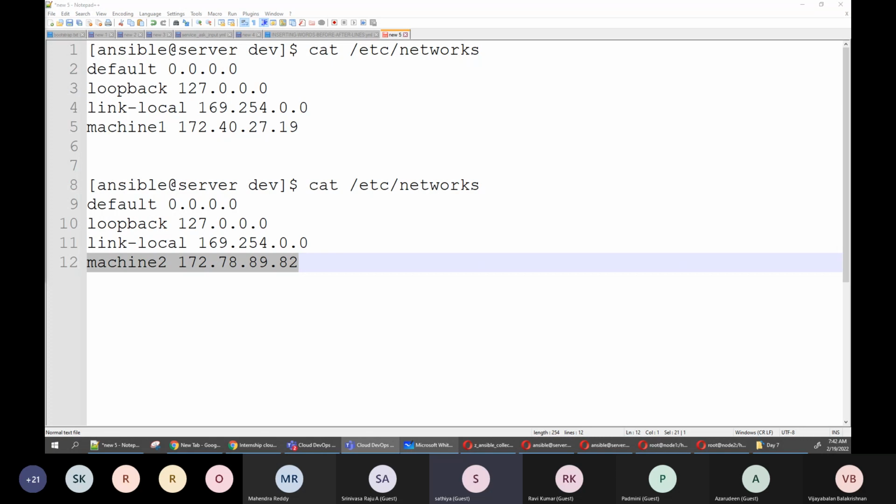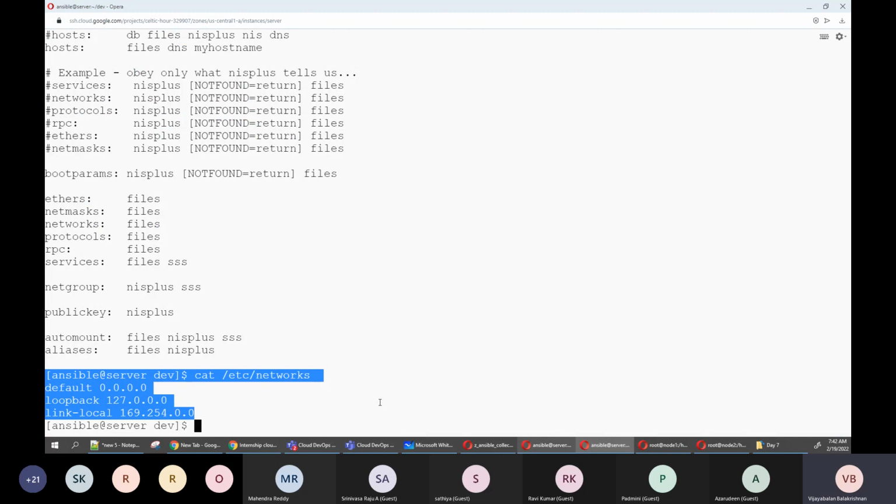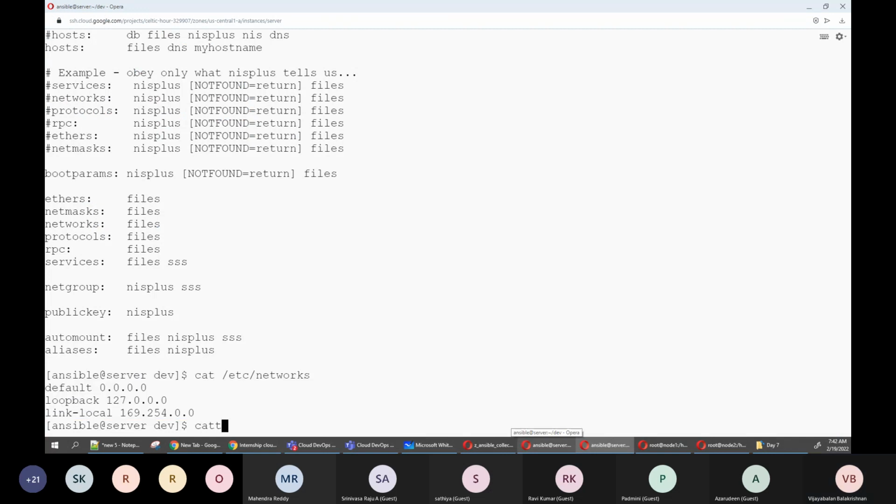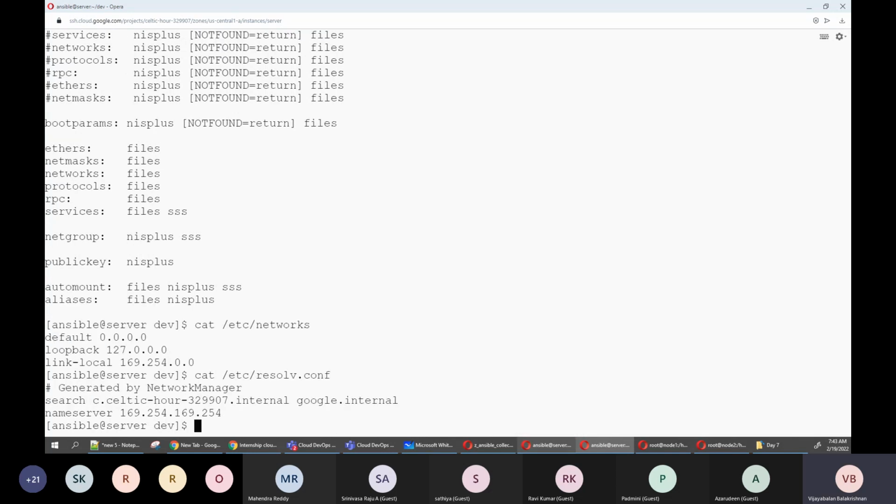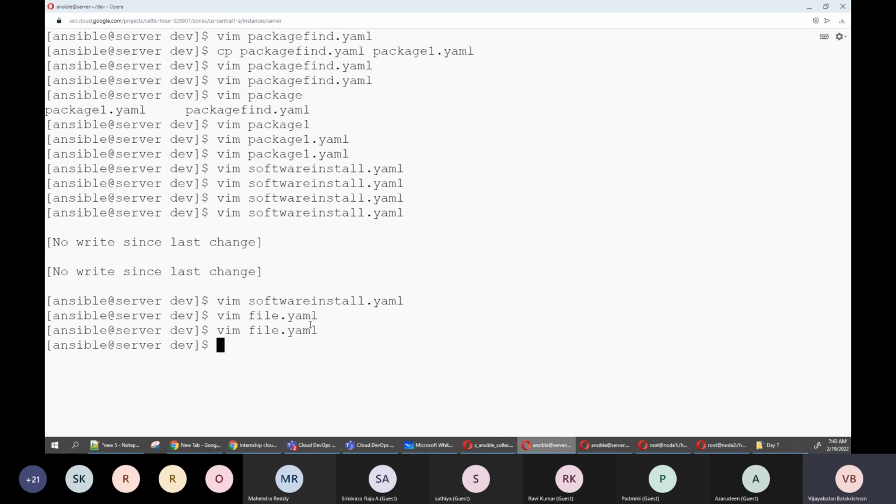So when we are updating resolv.conf, similar. Yes, exactly, resolv.conf also. See here, cat /etc/resolv.conf. Each and every machine will have some difference. So how do you achieve it? It's a simple task, but if your environment has more servers, it is going to be more of an issue. So what I'm saying is, you go here.